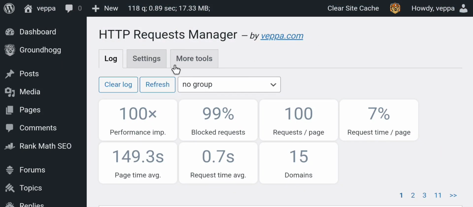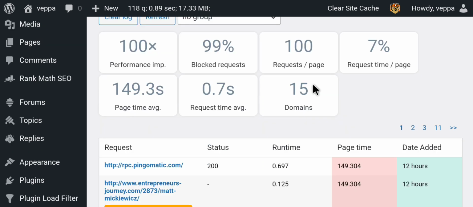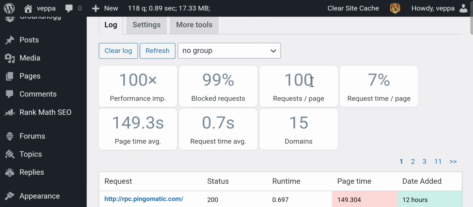I am using a plugin called HTTP Requests Manager. It is designed to optimize your WP HTTP requests. It's not designed for debugging or showing your WordPress page generation time, but it has that feature as part of WP HTTP optimization, because we need to know how long it took the page to be generated and what